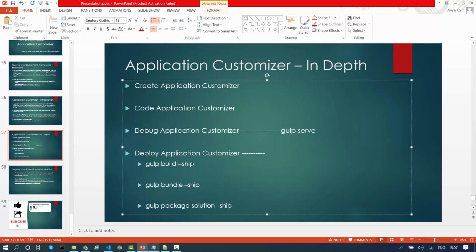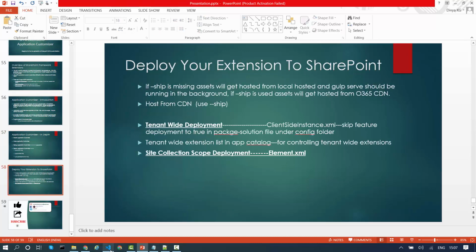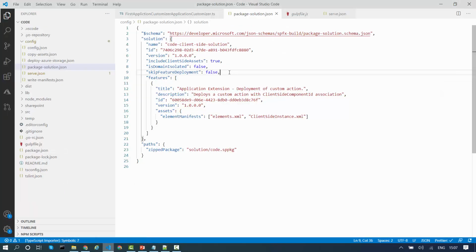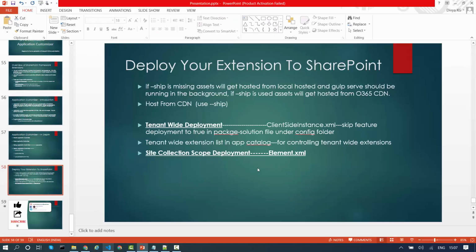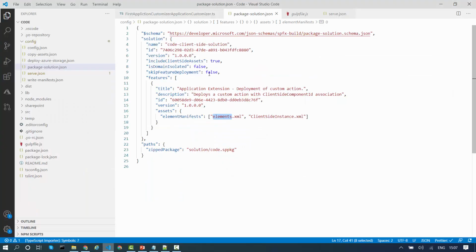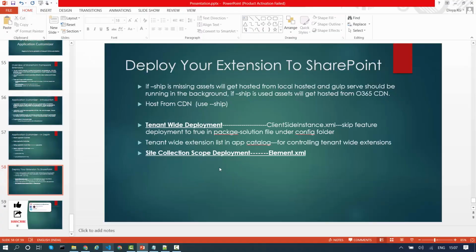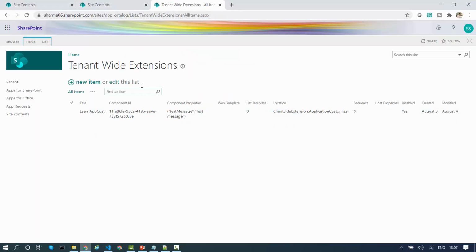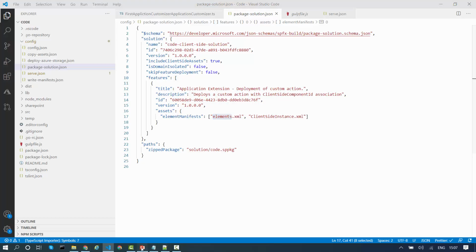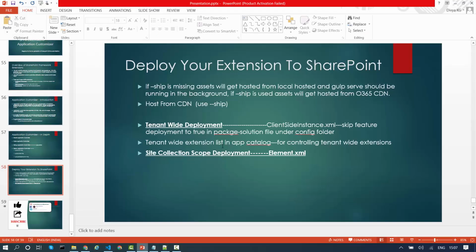If you remove this -FN ship, then your assets will get hosted from the localhost. Another thing is, in your package-solution file, if this property is not present, by default it is false. Then it will come under site collection scope deployment, and automatically this file will come into the picture. If you specifically want tenant-wide deployment, then include this property, skip feature deployment, and make it true. Your extension will automatically get deployed tenant-wide, to the entire tenant, and it will be present in this particular list, the tenant-wide extension list,